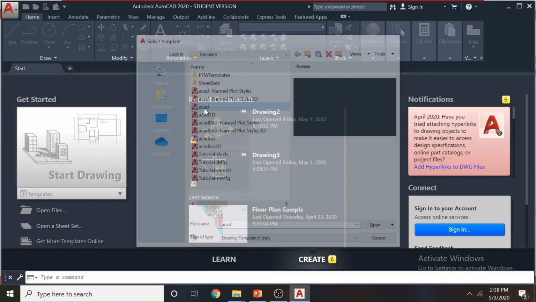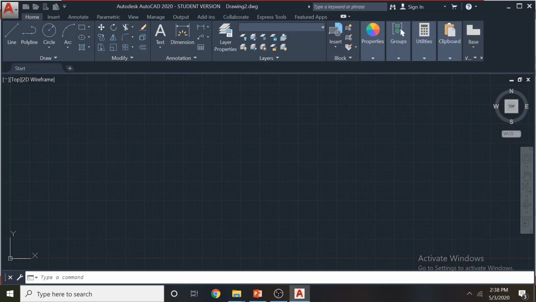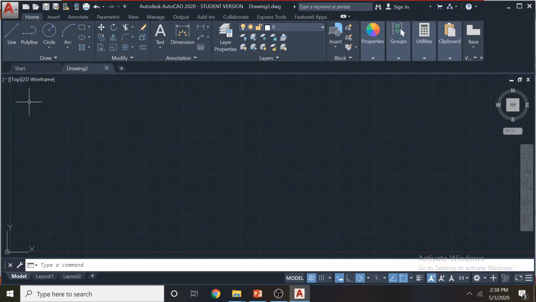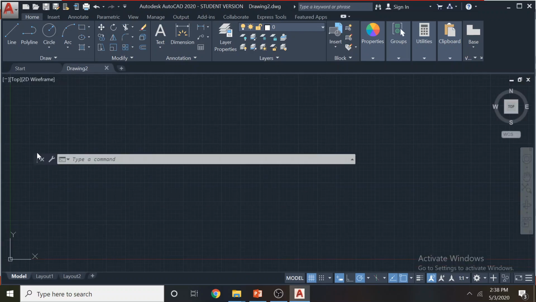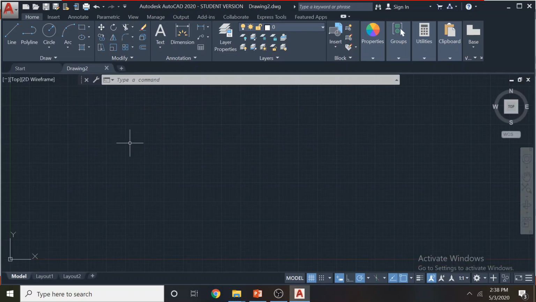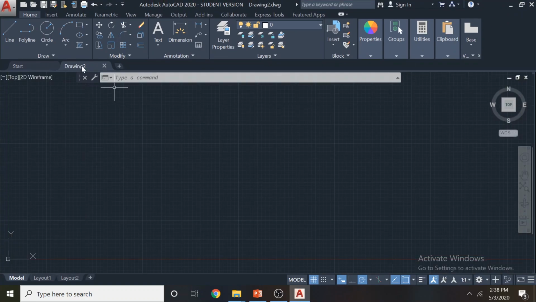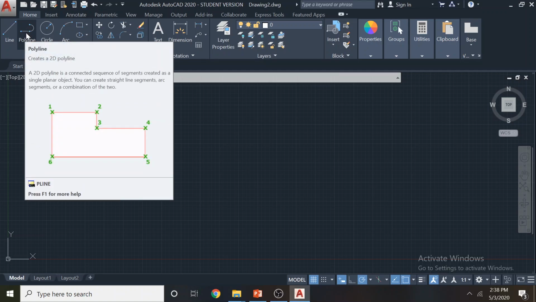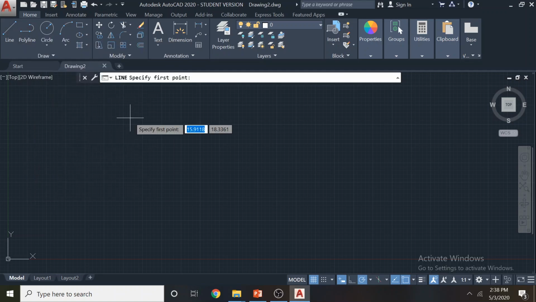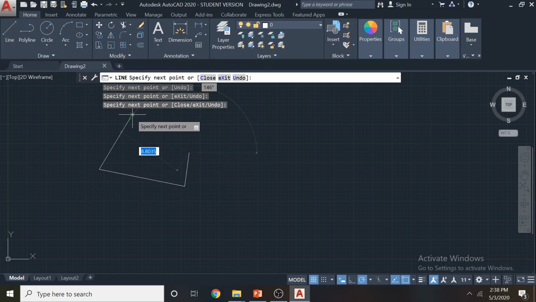We take the ACAD template. Now, a polyline is a combination of lines, so it has more than one line. When you draw some objects with the line tool, I just draw an arbitrary object and close this.